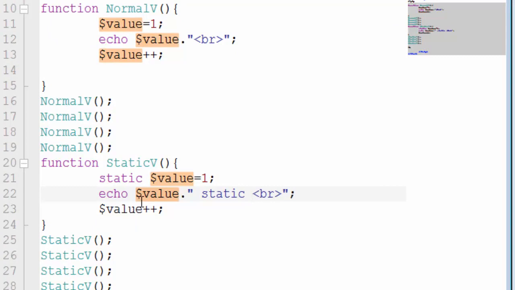Although we don't have any type of condition on that, but when the value executes and prints on the screen, then on the next function call, it does this increment.